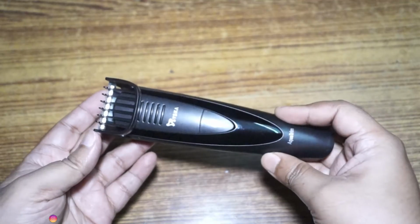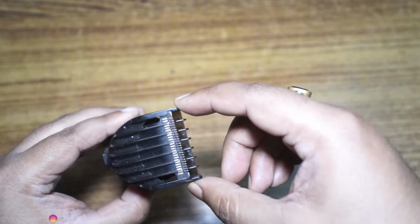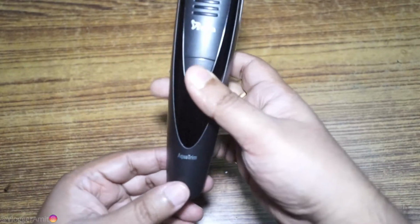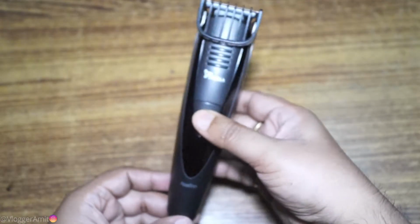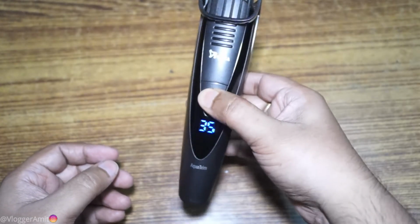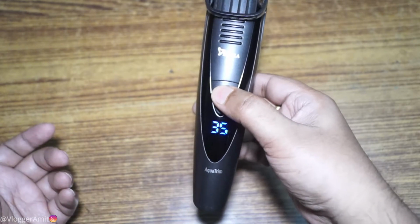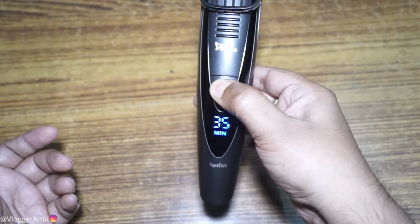This is the main body of the trimmer. This is the widest trimmer head you will get in the set. It has the on off button with SYSKA branding on it, made out of ABS plastic. To switch it on, just press it once, and to switch it off, press it again. And if you are traveling and you want to lock it, just press and hold it for 3 seconds,